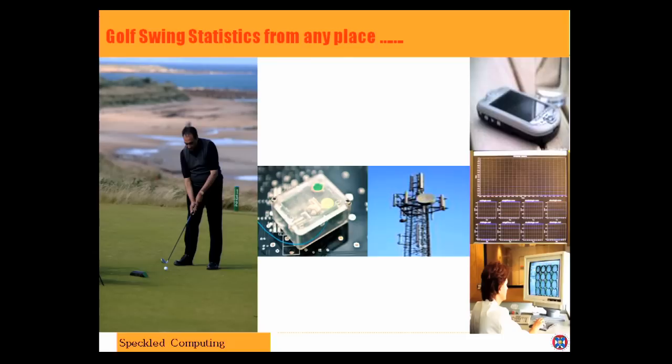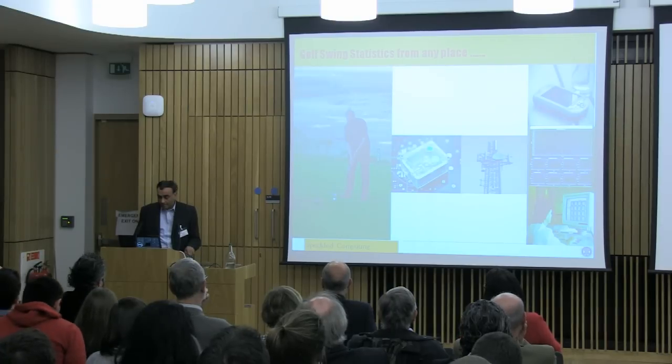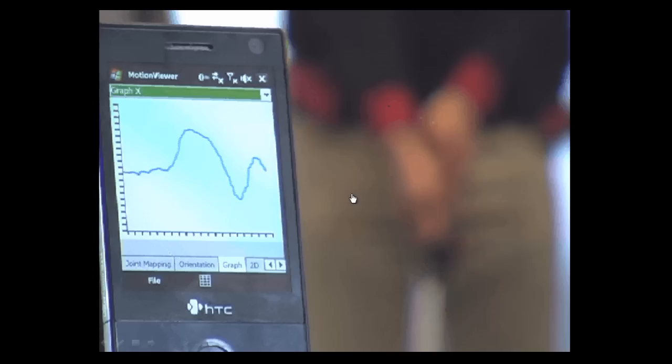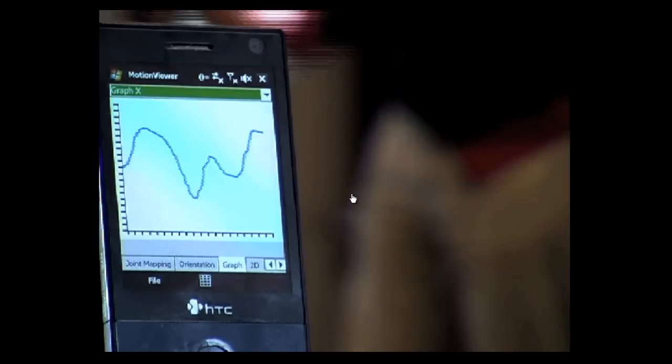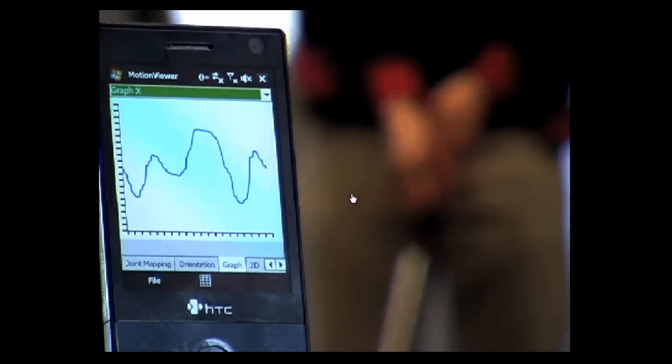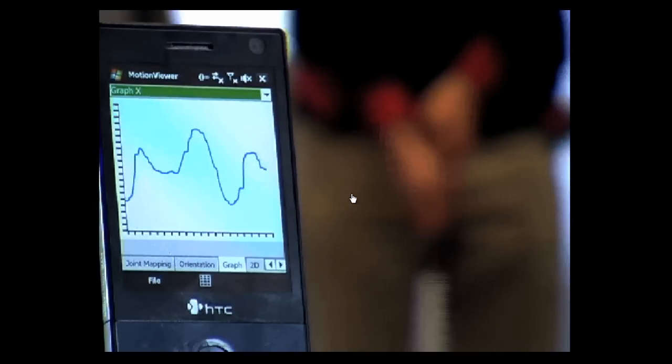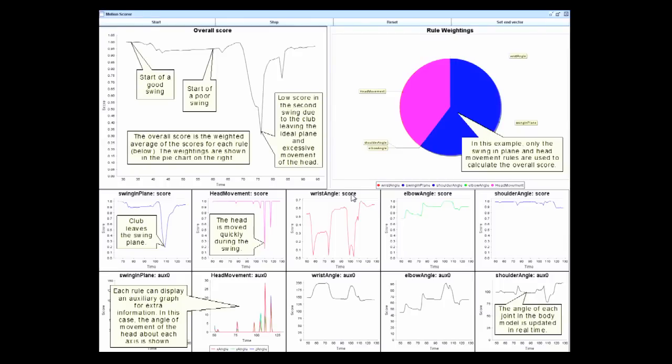Okay, and the idea here is that you don't do it just in the lab, but do it on the golf course. That's the only time I went on a golf course. I'm not a golfer, and you can take this data and send it via the mobile phone. An example of this is something like this. So, again, this is the anywhere business of Internet of Things, that you should be able to take the data and then present the data in real time onto your mobile phone. And you have lots of data of this form. There's too much data, as a matter of fact. It's a question of how do you extract this data and present it in a form that is useful for the golfer.